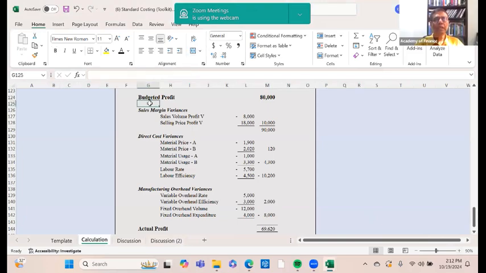If you have been told in a given situation, these are budgeted profit and these are actual profit, we are trying to find the reason. Is it due to the sales prices or the sales volumes, the material prices or the material usage efficiencies, the labor rates or labor efficiency, or anything to do with production? Like that, we are going to go into a very detailed discussion. That is what we are trying to do.